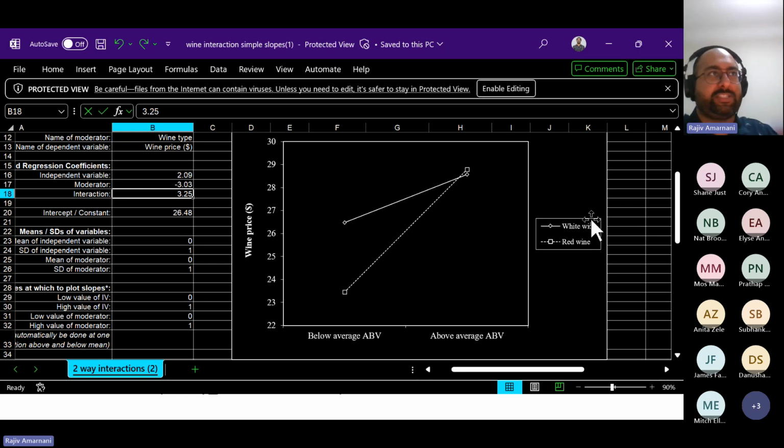where ABV is the predictor and it's moderated. It depends on the wine type. The moderator can be binary. If it is more complicated than that,